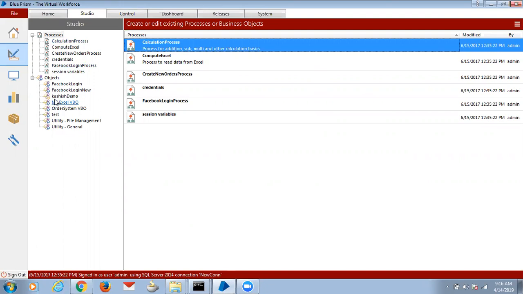Every time you run the process, it has to ask the start time and end time. So those kinds of things we implement with input parameters. Whenever you run the process, a pop-up will come in the control room. There you have to give the inputs, if you require this kind of feature before running the process.